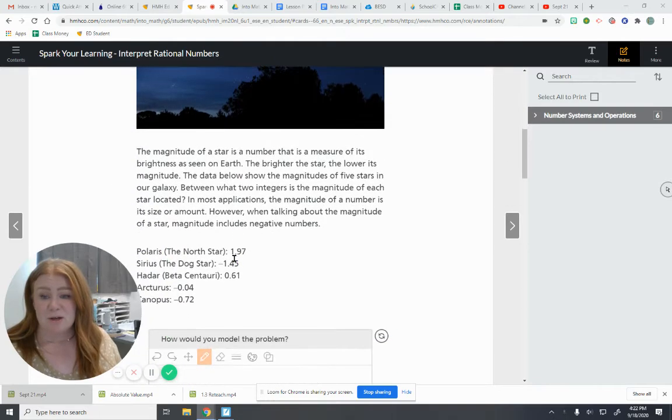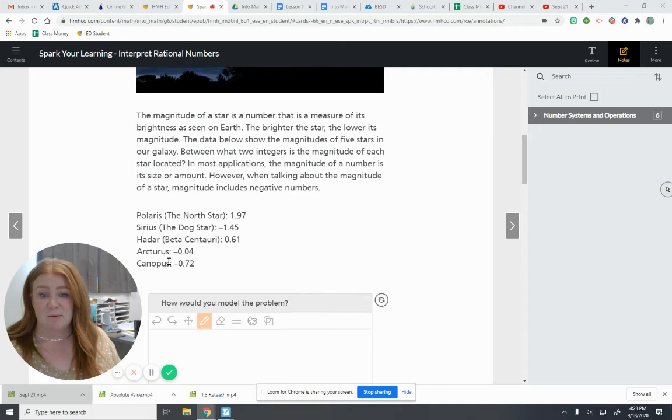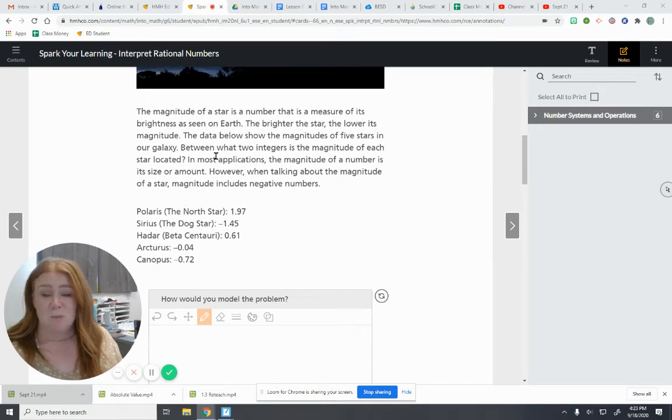So today's Spark Your Learning talks about the magnitude of a star, and that is the number that is a measure of its brightness as seen on Earth. So the brighter the star, the lower the magnitude. So the data below is going to show us magnitudes of these 5 stars here that we can see in our galaxy. And we're going to decide between what two integers, remember integers are the whole numbers, is the magnitude